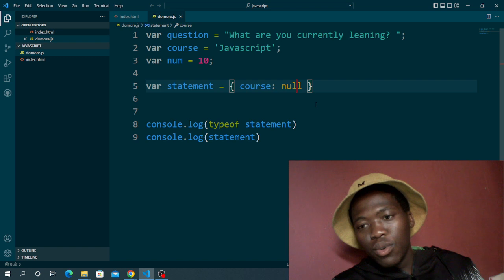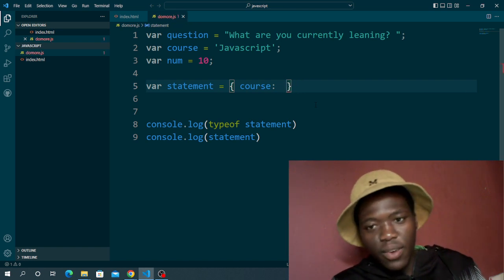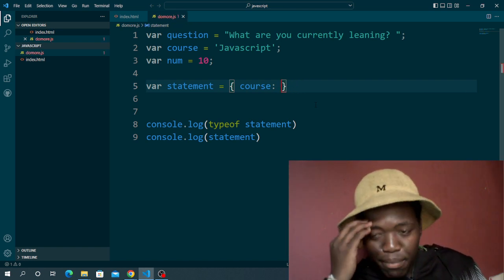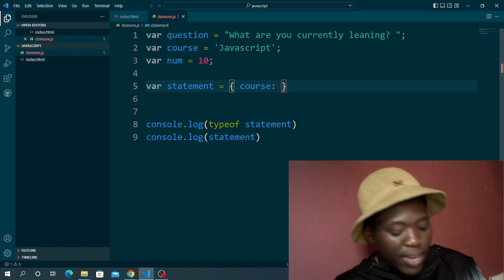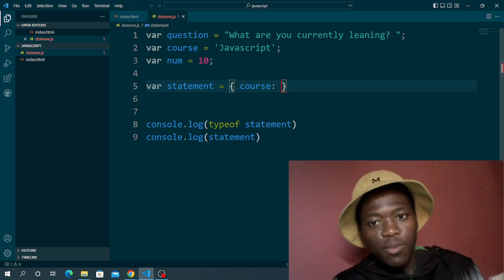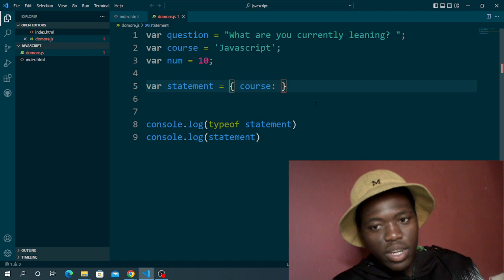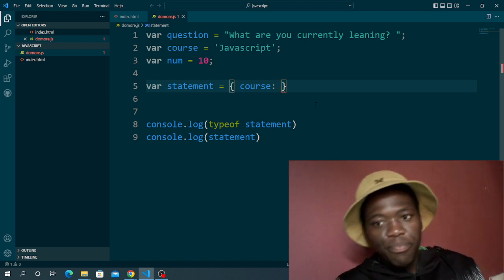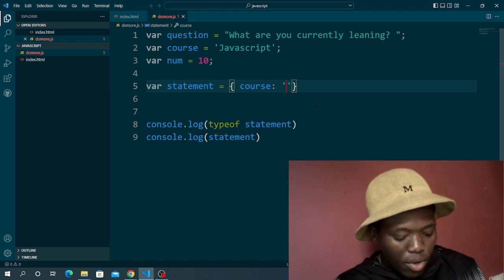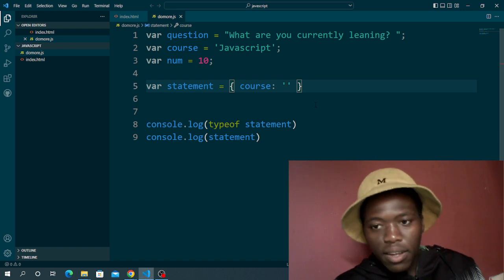It's all up to you, but I'm just gonna use a string. The ones that we've learned before, you can assign them inside of an object, right, on your value. So it's sort of like a variable stored in an object, right? I'm gonna store JavaScript,